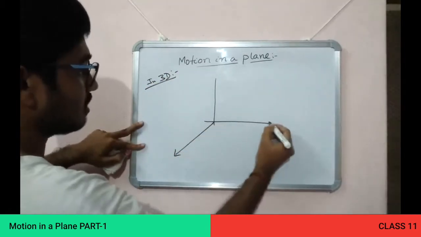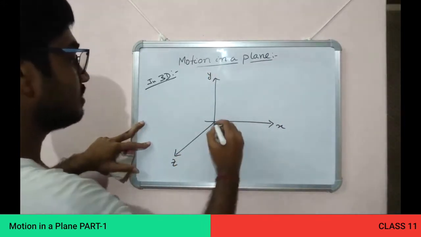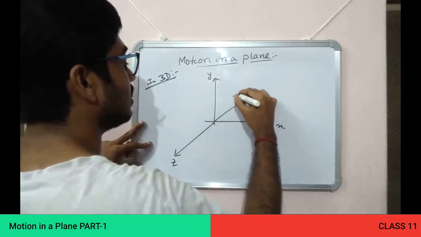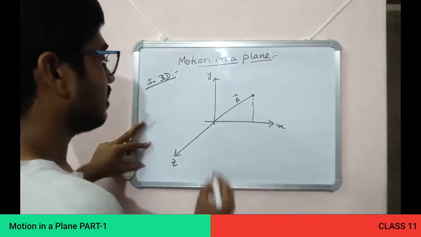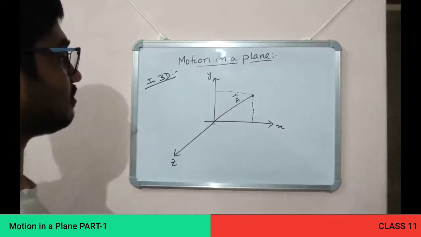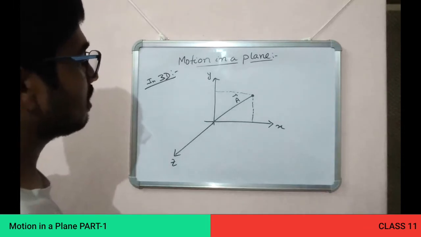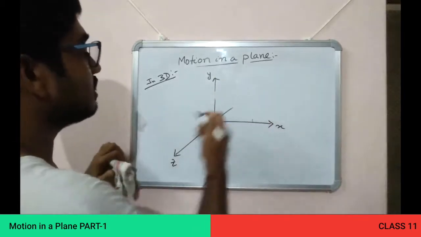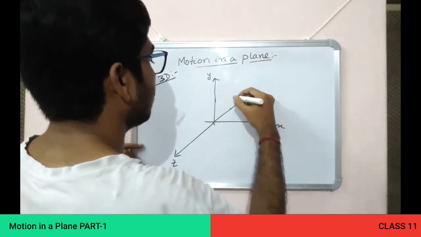And this is x, y, this is J. Suppose this is our position, this is vector A. So it has a projection over X, it has a projection over Y. Sorry, this is the two-dimensional case. In the 3D case, the projection would be a little different. How? Because this is A.